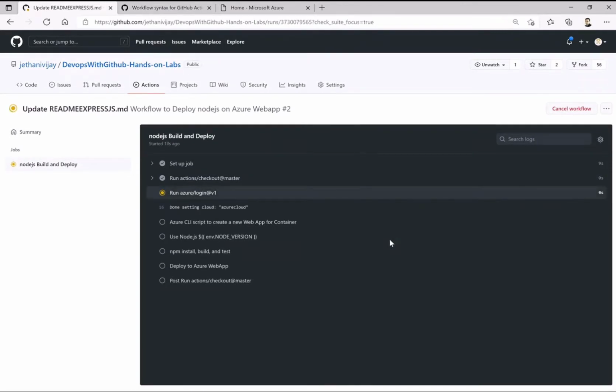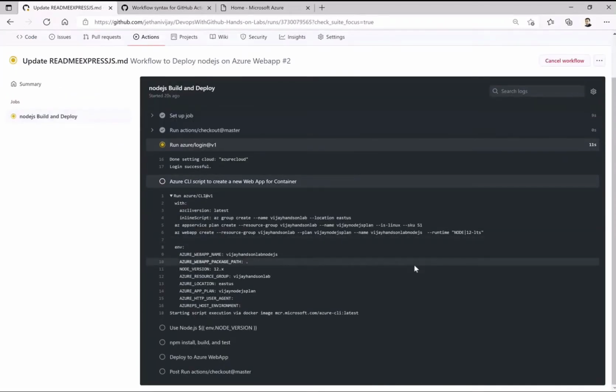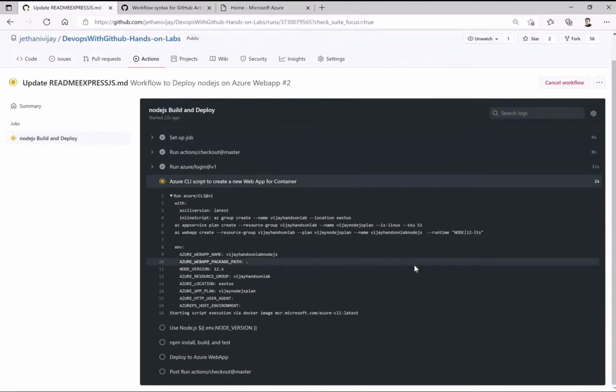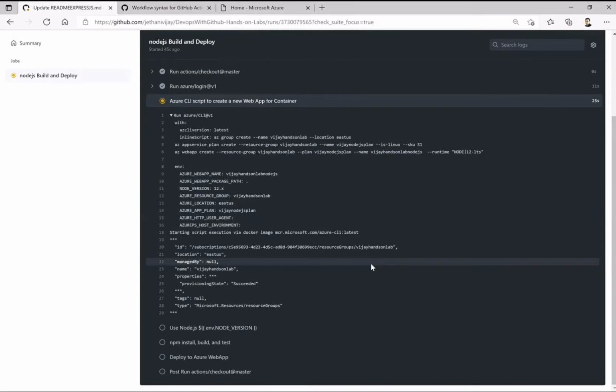So with this, let's see one by one. The first step is to create a resource group. So it went and created that for me, showing succeeded for the resource group.